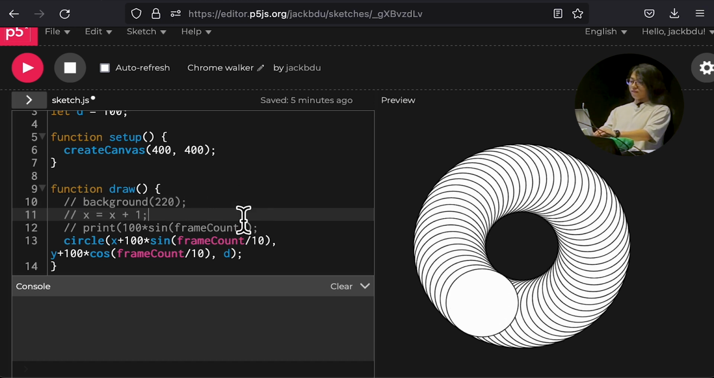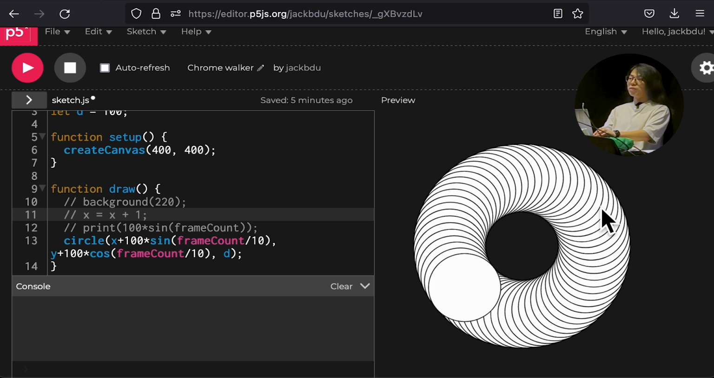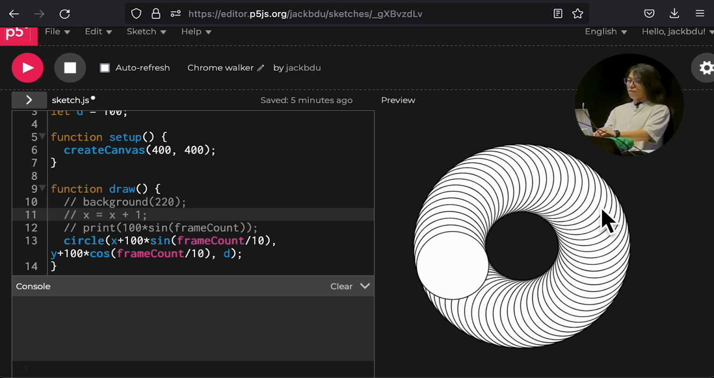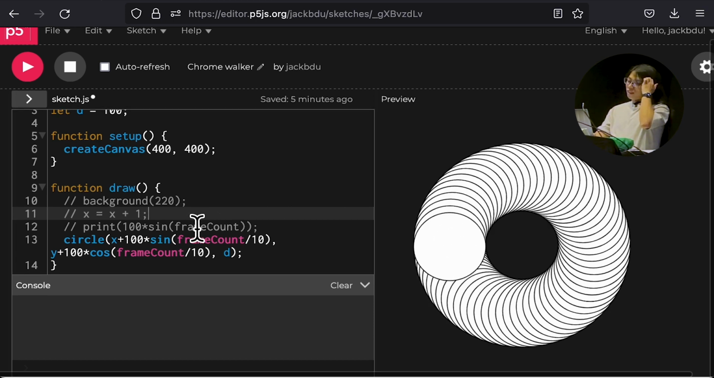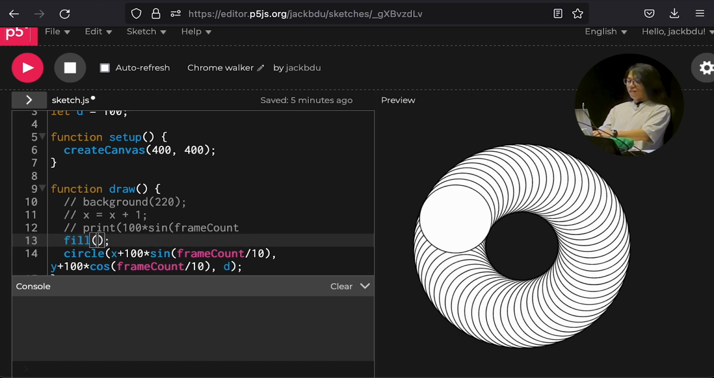This is also how repetition can really change things. It was just a moving circle, but now with repetition, it looks like this. And let's just add a little more fun. Add the fill